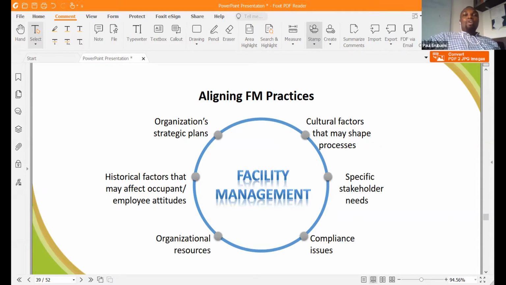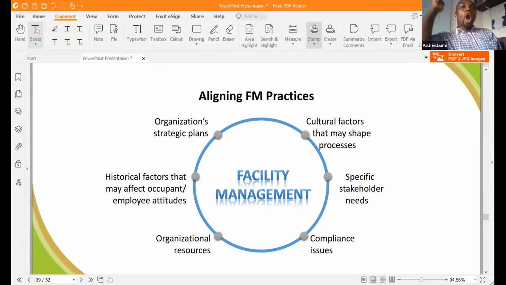You should understand compliance issues and organization resources. You should know what your organization has as an organization. Understand historical factors that may affect occupants' or employees' attitude. Why are my employees frowning? Why is it that by 12 o'clock, everybody is not working? You should understand why. And understanding that why will help you to align your FM processes with the